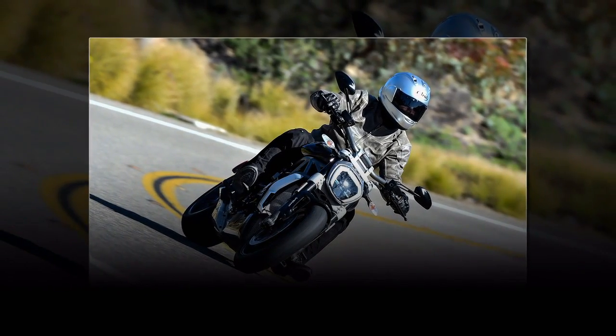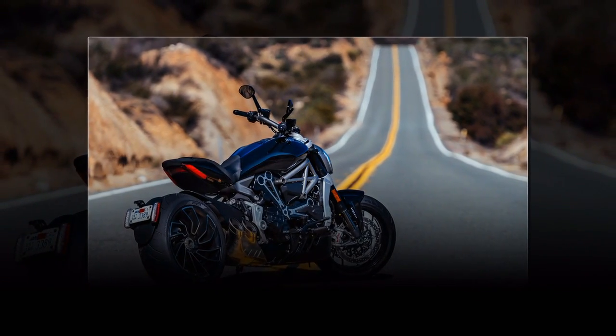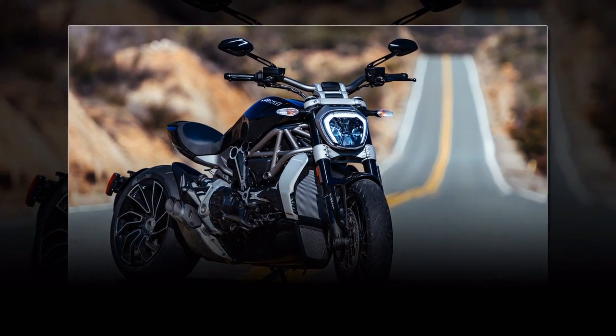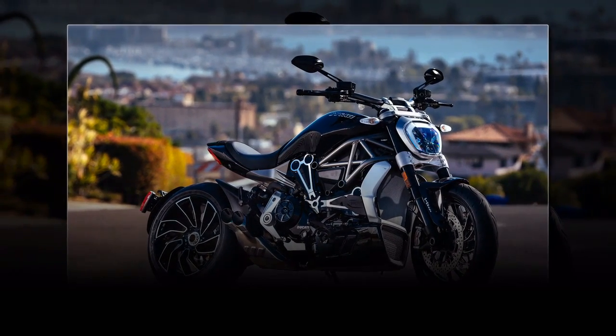key features would be. In the case of the XDiavel, the cruiser traits are relaxed, low-speed riding, the call of travel, and a feet-forward riding position. On the Ducati half of the DNA, signature Italian style crafted with the latest engineering and delivering a hefty dose of performance. This folding together of the somewhat contradictory design goals is what puts the X in XDiavel, the heart